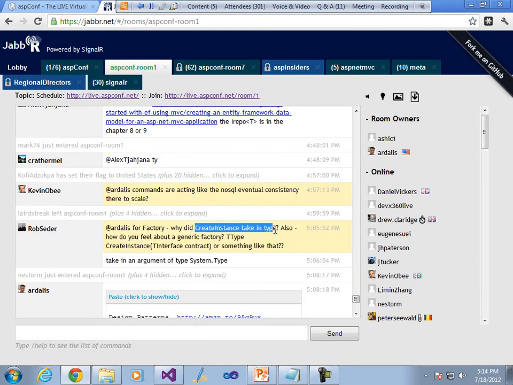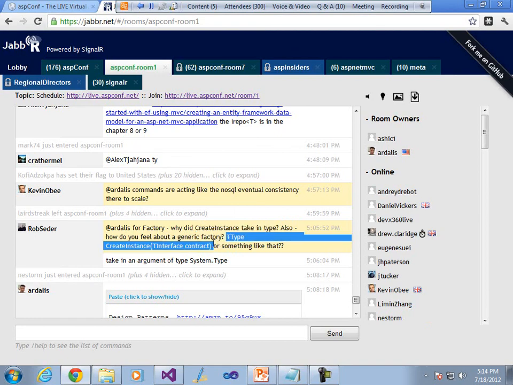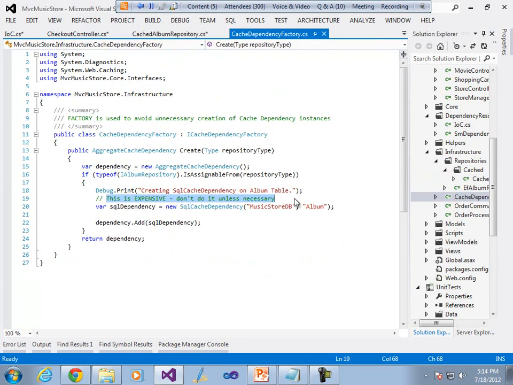That's just an implementation detail for how I was doing that. How do you feel about generic factory? For instance, some type create some interface. Well, that's basically what an IOC container is. So to answer your specific question, my implementation detail here was that I need to be able to say that